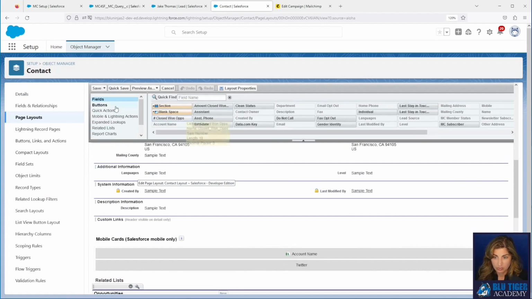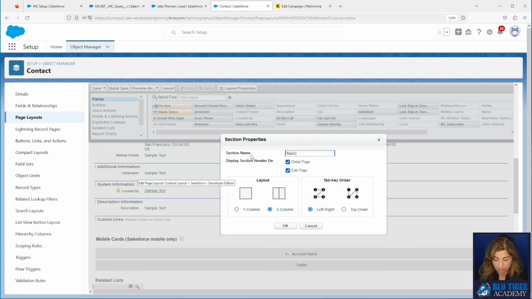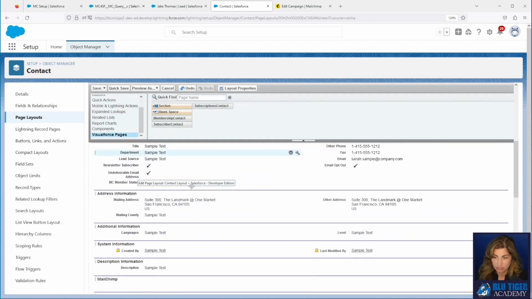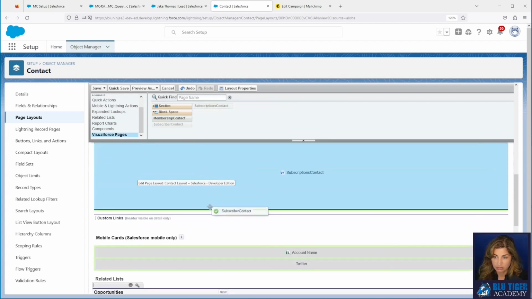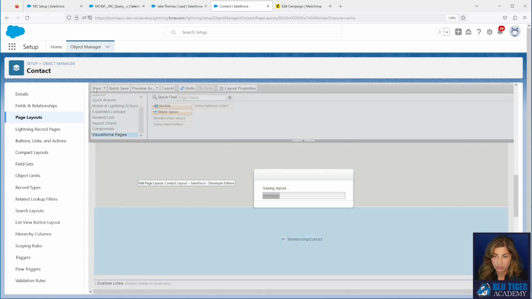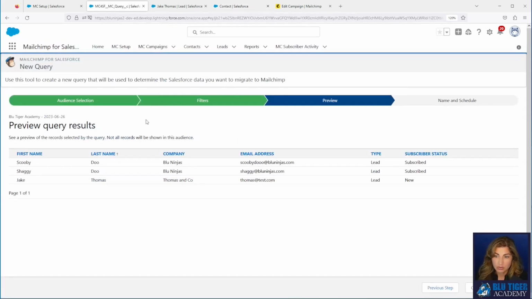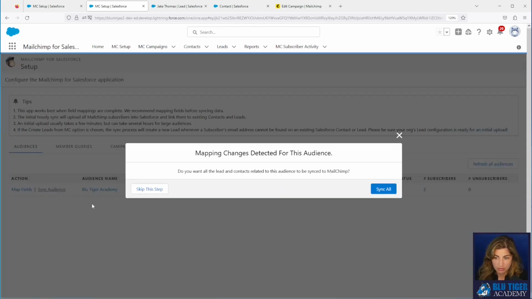So we will do this same thing over on the contact. I'm going to create a new section. It'll be a 1-column section. And then we will add subscriptions, and then our membership and subscriber. Okay, and we will save that. Okay, now let's go to our MailChimp tab, and we're going to sync this audience.